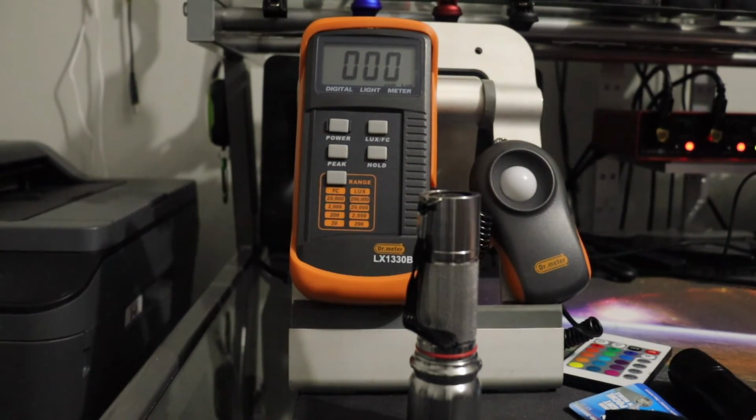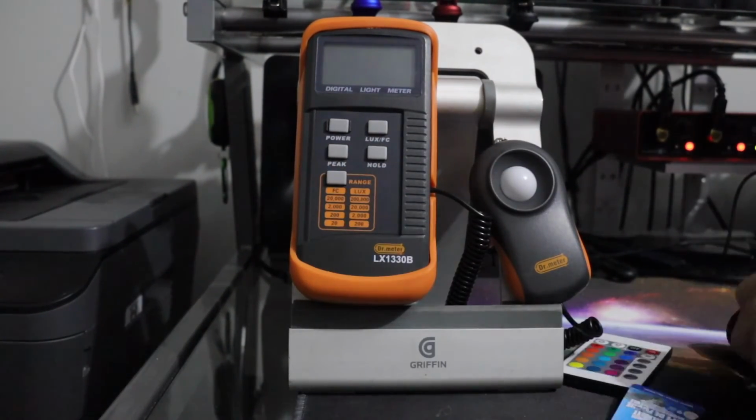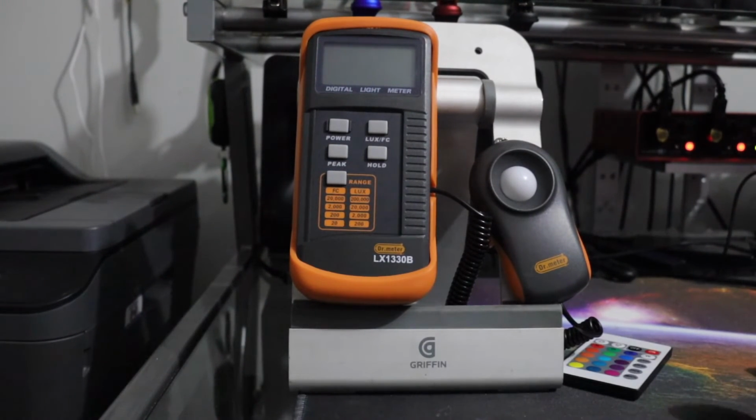But it's kind of the bulb thing, you know. These LED bulbs are notorious for sucking your batteries dry really fast. But it is kind of your choice, what you want to do. Flashlights are flashlights. Some people buy cheapies, some people buy expensive flashlights because they want real good horsepower. I have some favorites, and I'll be doing a video on my favorite flashlights eventually. But I do want to see if I can find a few more that are a little more powerful than what I currently have. So far, I do have my favorites of my collection that I'm using quite often, and I do like them a lot. So, anyways,